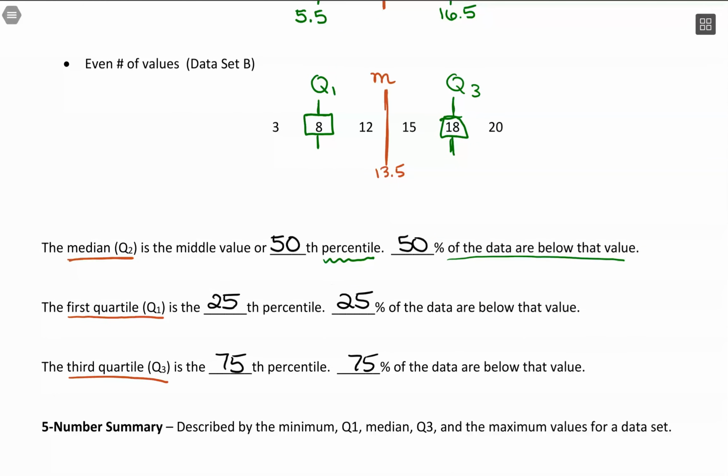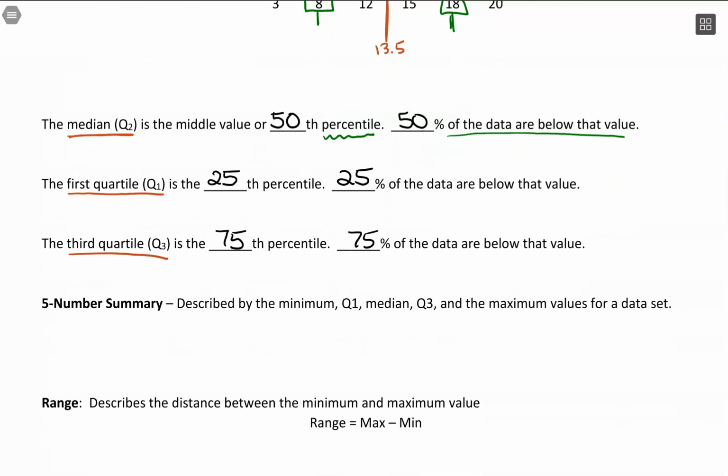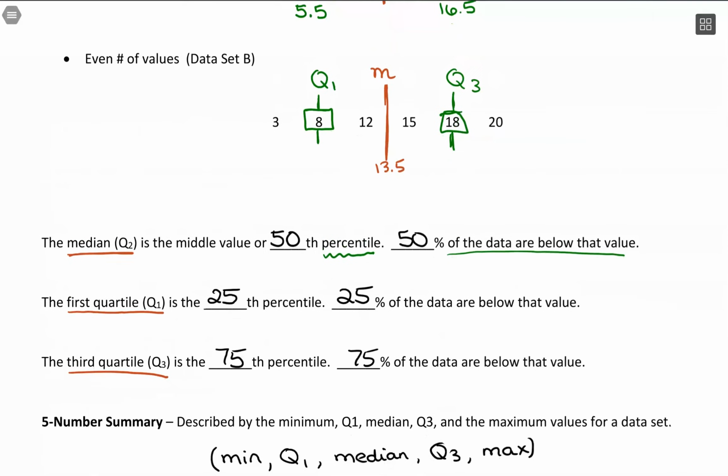A way to summarize what we're seeing with our data is a 5-number summary. It lists out values for the minimum, first quartile, median, third quartile, and maximum. You can even summarize it like a coordinate, with parentheses, then the number for the minimum, first quartile, median, third quartile, maximum. So for data set B up above, what I could do is summarize our findings